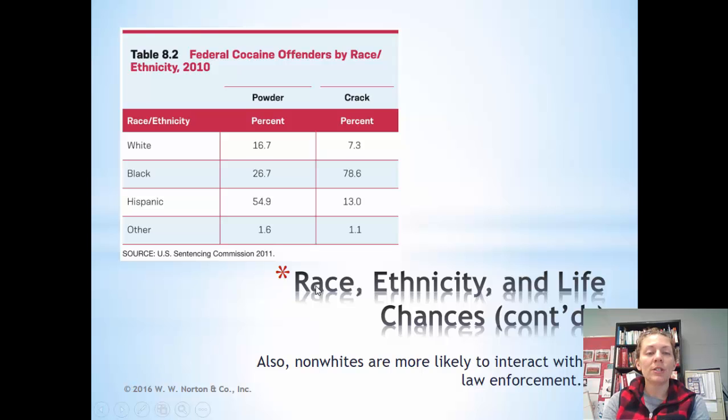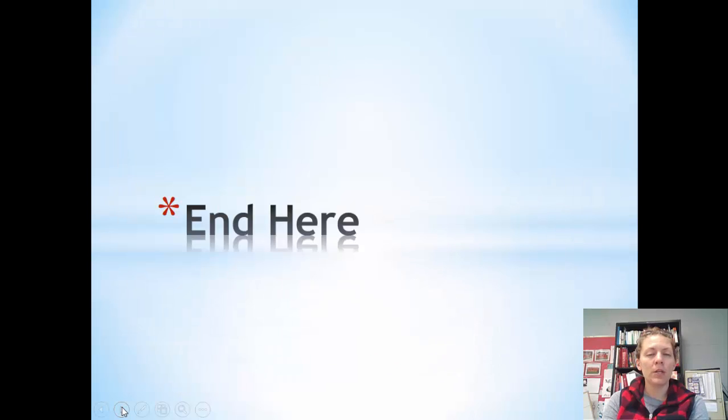Now, when a sociologist studies this, they're going to look at whether it's really that Blacks and Hispanics are using drugs more, or that they're getting caught more. Is the fact that they interact more with law enforcement going to impact the fact that they are getting caught more often? Are they being targeted? So we will end there. We're going to talk more about how socioeconomic class and race connect to deviance and crime in component 3. The end.